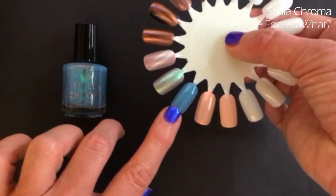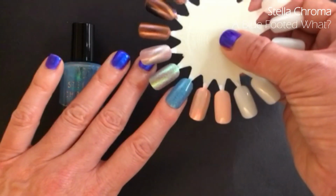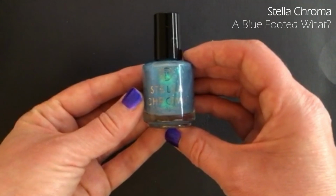It applied beautifully in only 2 coats. I think that's all I'd ever need. I think that I'm gonna find that this one is a surprisingly versatile polish that I'm adding to my collection. This polish is by Stella Chroma,